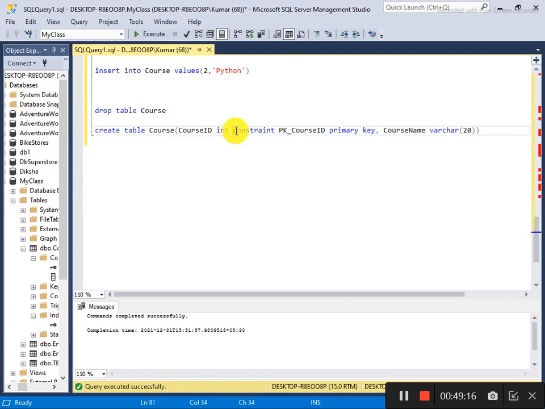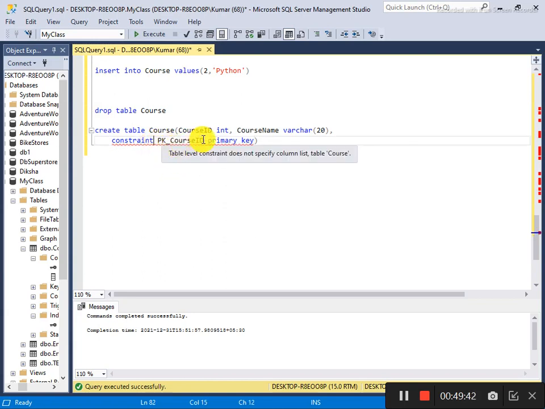Leave this, and put a comma, and you can write here, otherwise you can write on the next line, it's no issue. In another line I am writing the constraint PK course ID primary key.